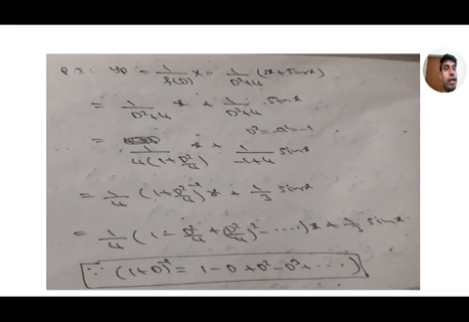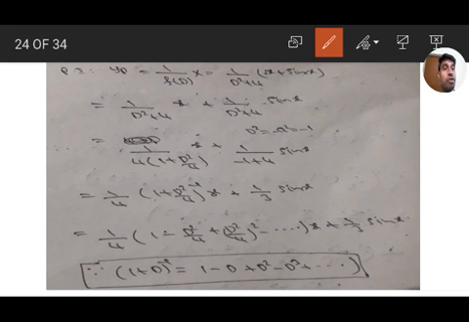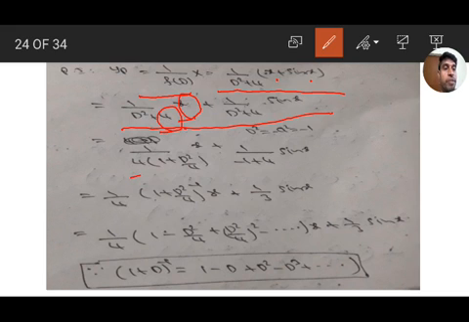Next, the particular integral: 1 by f of D, that is 1 by D square plus 4 of x plus sin x. Here we have two functions, x is one function and sin x is the other. So separate two particular integrals: 1 by D square plus 4 of x and 1 by D square plus 4 of sin x. In the first one we take the least term common, 4 common, giving 1 plus D square by 4, and 1 by 4 outside, taking it into the numerator, (1 plus D square by 4) to the power of minus 1.